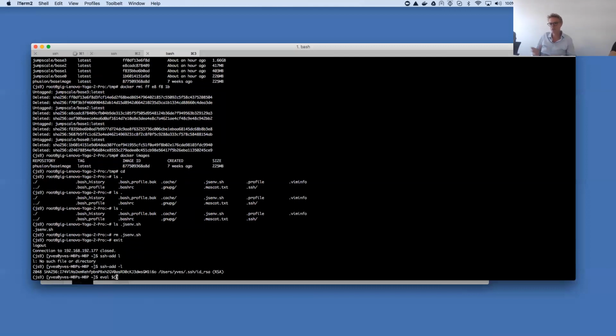If that's not the case, you typically need to do the eval SSH agent, so basically starting the agent, and once you have done that, you will add your key by doing ssh-add. So that's what you typically need to do. These steps are already done. Once that is done, I SSH into a machine on which I will be installing everything. And notice here the -A that I typically use